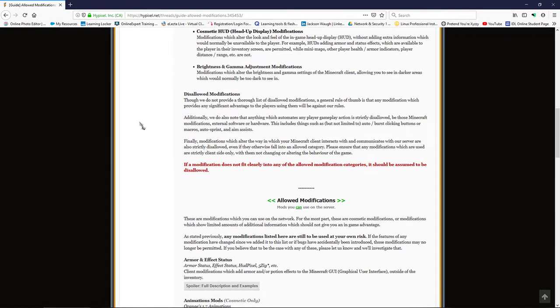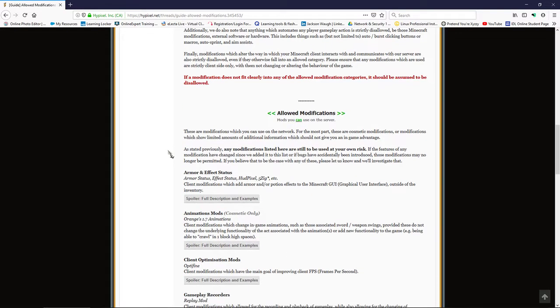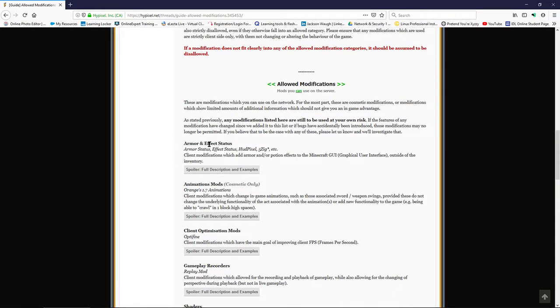So disallowed modifications, just kind of a rule of thumb. It's not actually anything very specific. If a modification does not fit clearly into any of the allowed modification categories, it should be assumed to be disallowed. The allowed modifications, again, they allow things like armor and effect status, things that display